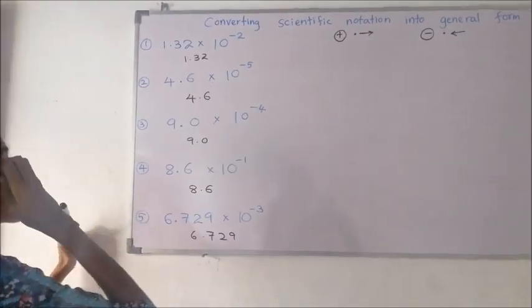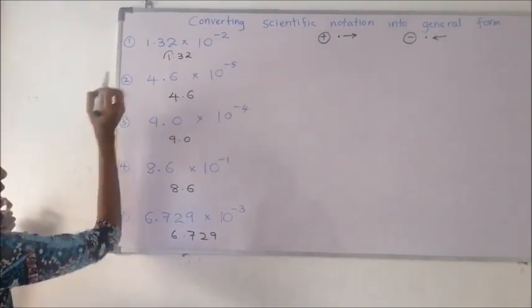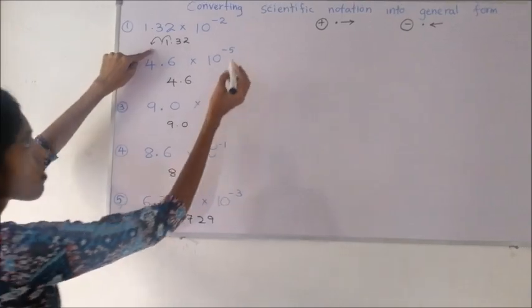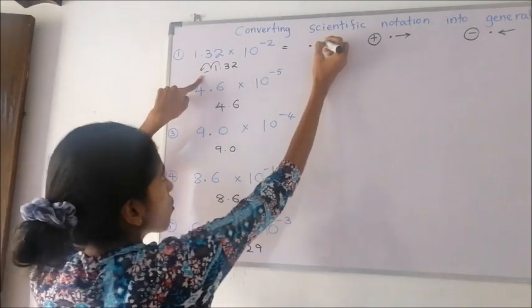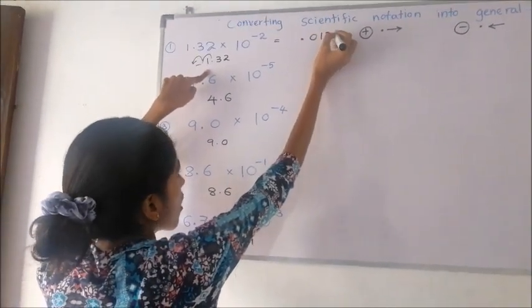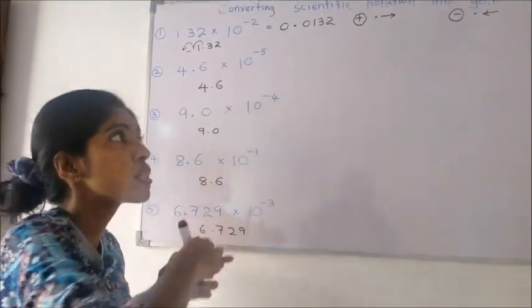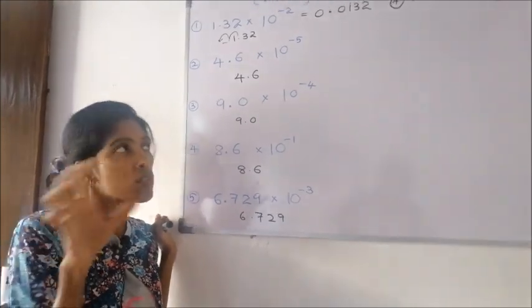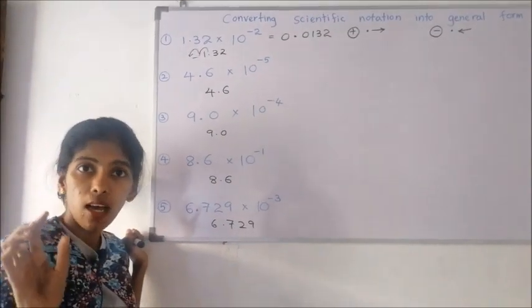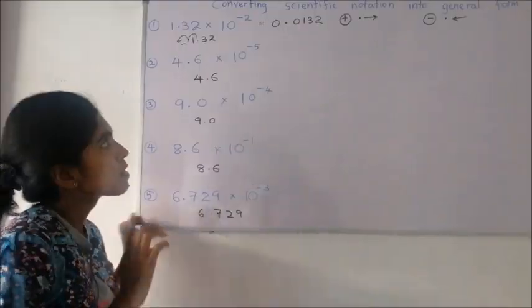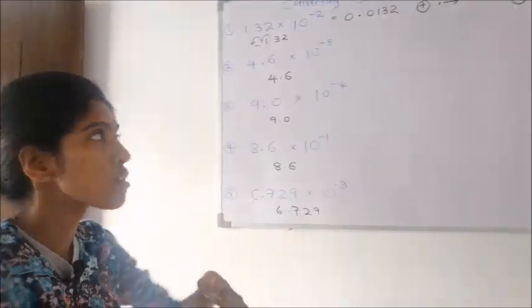Just I wrote this to show you how we need to move the decimal point. Now, how many times do we need to move the decimal point? 2 times forward. See, 1, 2. Now the decimal point must be here. Firstly, I am placing the decimal point. After that, for the space, I put 0. And what are the other digits we need to write? 1, 3, 2. Before the decimal point, what do we need to put? 0. Earlier, when you were converting general form numbers into scientific notation, can you remember? If any number starts with 0, we place the index as negative. In the same way, remember that before the decimal point, only 0 should be there.